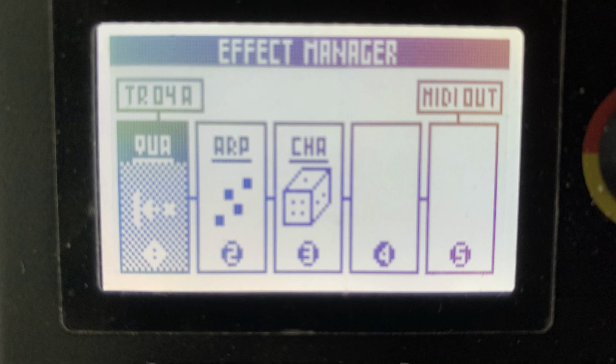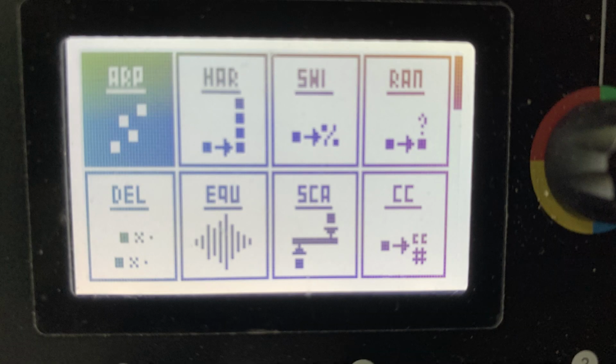So on the Deluge you have an arpeggiator per track, but that's it. On the Pyramid you have some really nice options for generative music, because each track can have multiple steps associated, which will change the underlying track. So you can have arpeggiators, but you can also expand one note into a chord or do some random variations